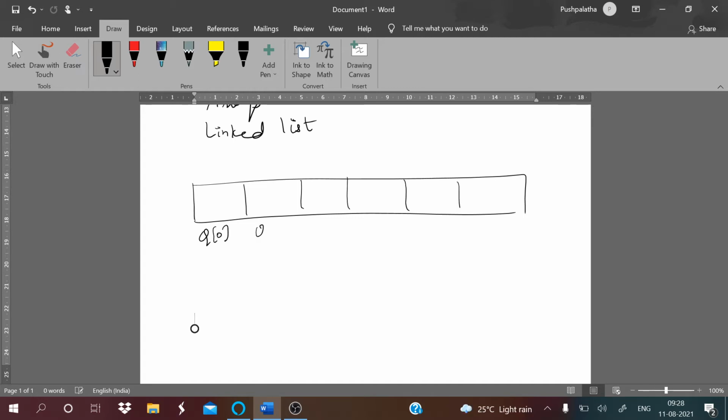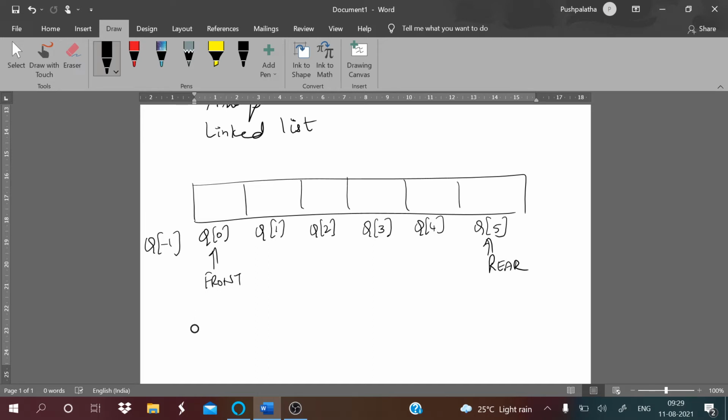We are taking it as q of 0, q of 1, q of 2, because q here represents a queue, up to q of 4, q of 5. If there are no elements in the queue, then it is minus 1, outside the array, because 0 represents the first element in an array. As we said, this is the front and this is your rear.